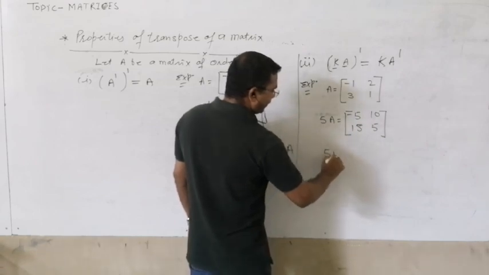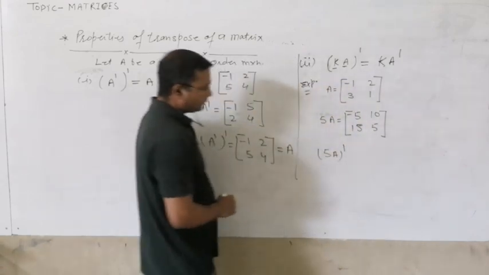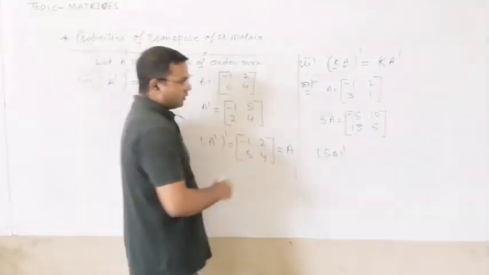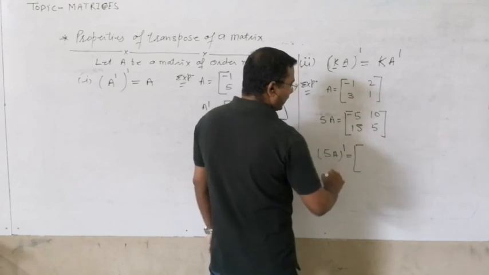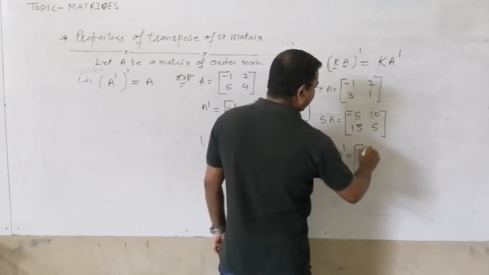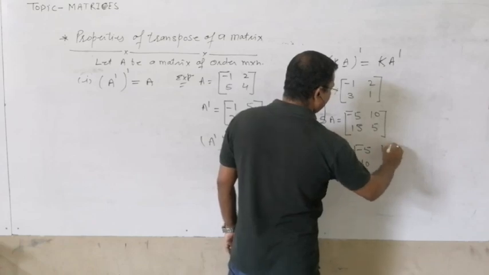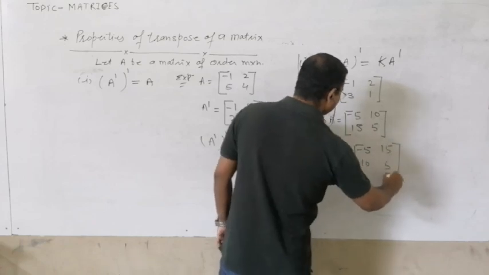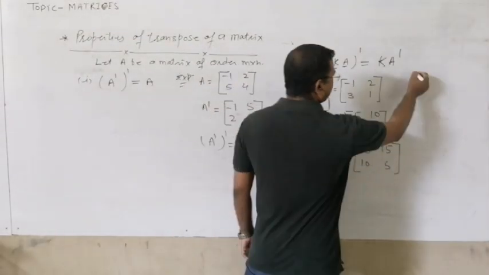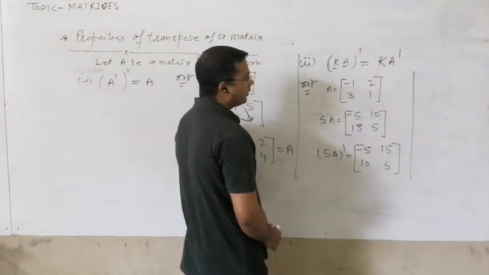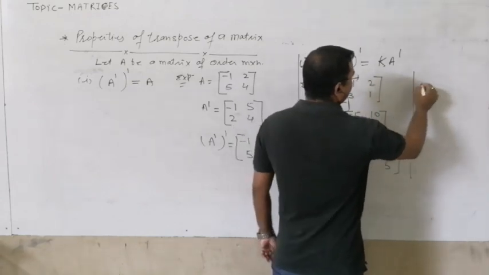If now I am saying you find out the value of 5A transpose, so you can find out the transpose of this. You can write this is equal to -5, 10 and 15 and 5. At the same time, if you will solve the right hand side, then beforehand only we will find out